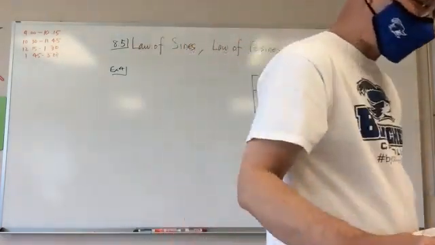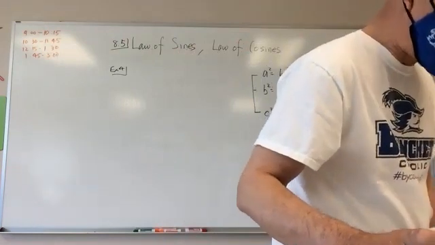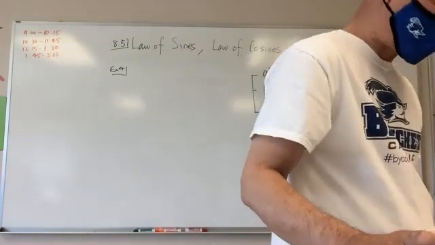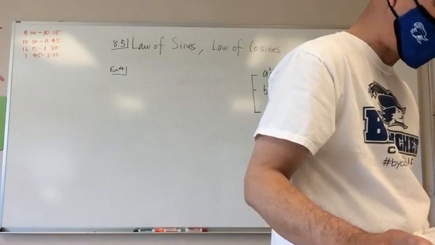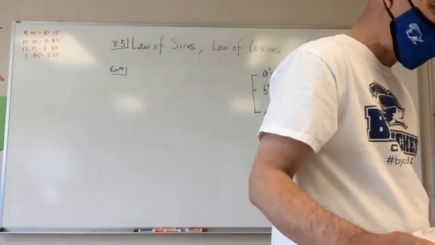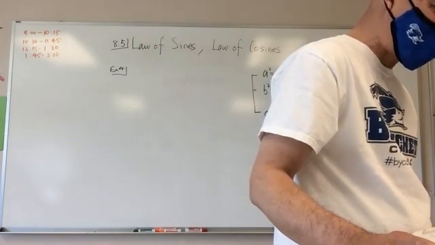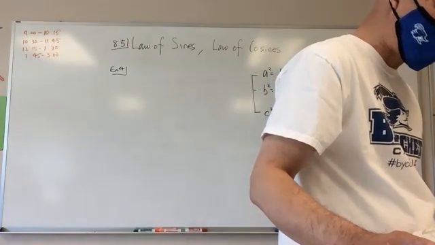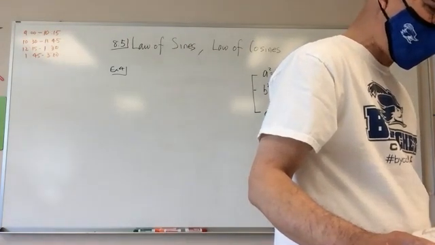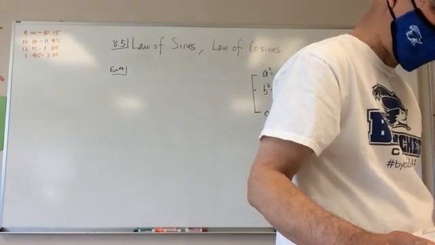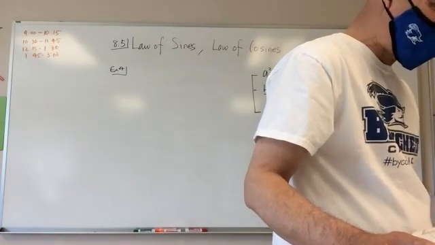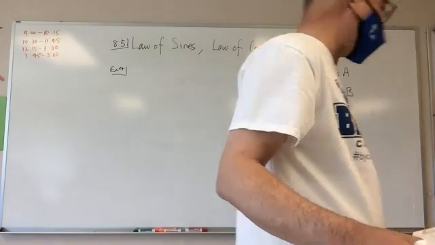Example number 4. The Leaning Tower of Pisa is 56 meters tall. In 1999, the tower made a 100-degree angle with the ground. To stabilize the tower, an engineer considered attaching a cable from the top of the tower to a point that is 40 meters from the base. How long would the cable be, and what angle would it make with the ground? Okay, so